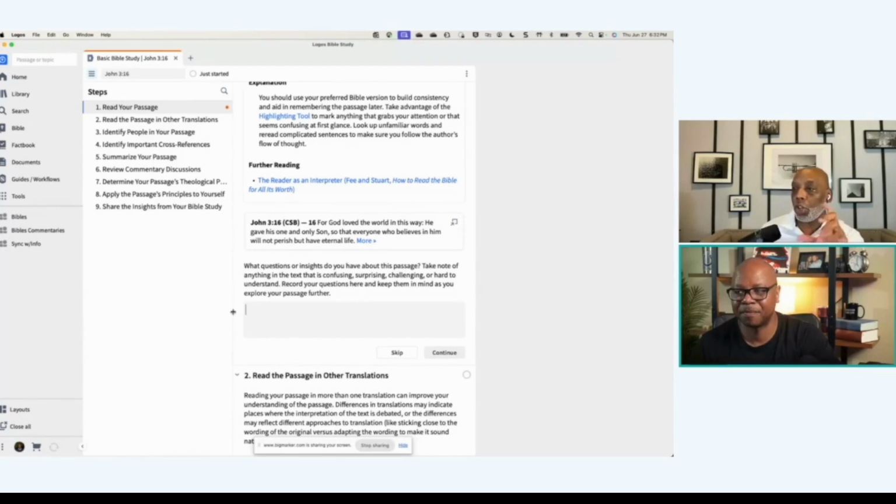Well, if you chose to, you can put the NET at number one or NASB again, whichever one. You can put them in order, and then you're set. It's going to automatically go there. All right. So as I read the text,